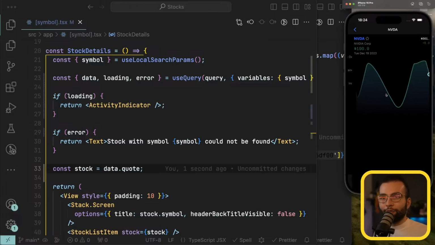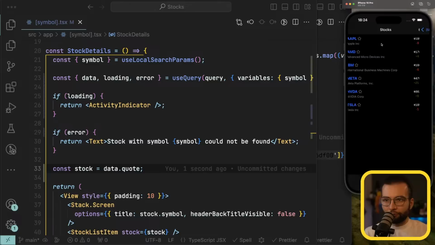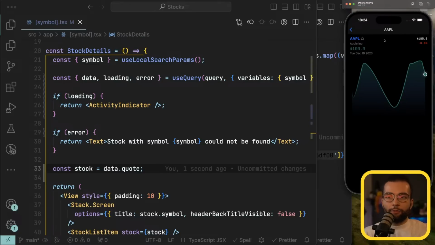If I go back to NVIDIA, it's going to use the cached version. So we're not going to see the loading indicator, even though the query behind the scenes is being updated. If there is any new data, it's going to automatically refresh, but the initial request here is going to be instant. So yes, just like that, we can,